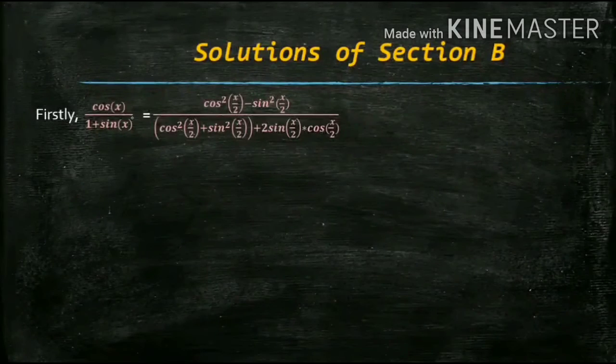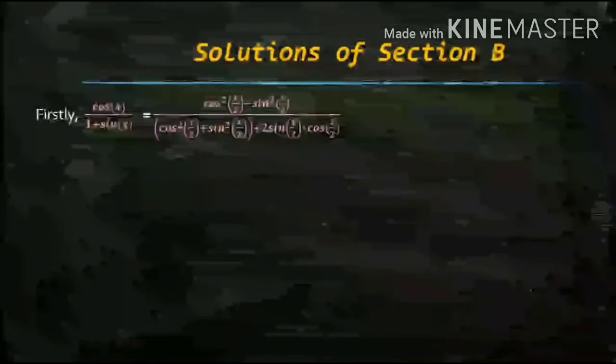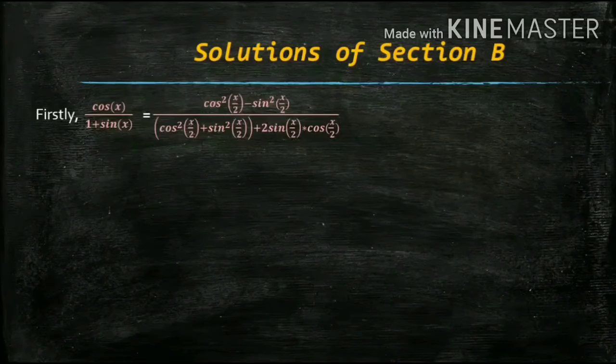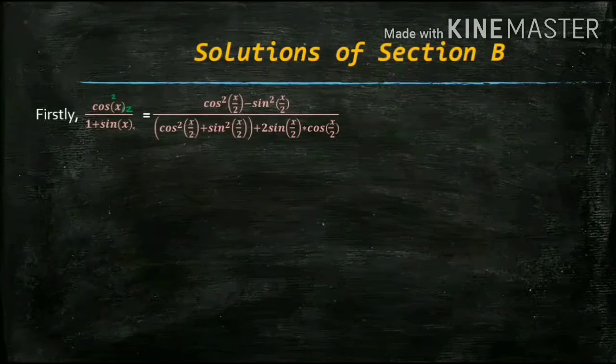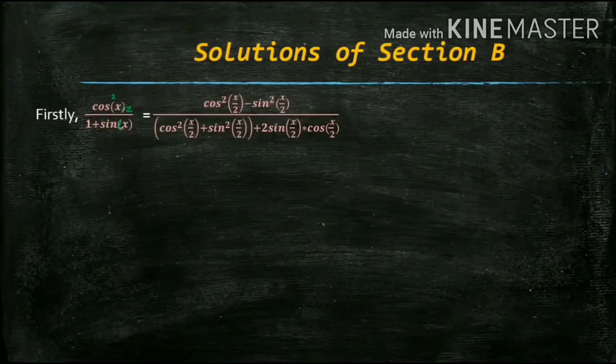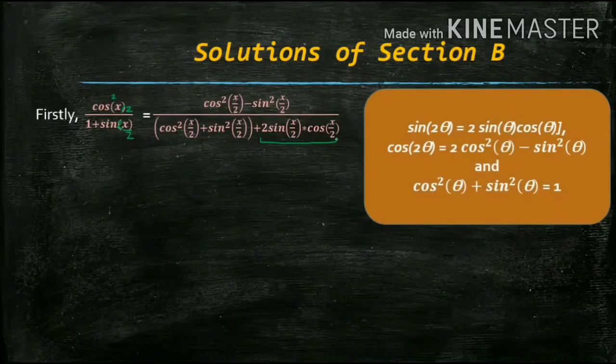So in another method, I'll write this cos x over 1 plus sin x as this. I'll now directly apply the property. So cos 2x, I'll take it as 2 times x by 2, right? So cos 2x is nothing but cos square x by 2 minus sin square x by 2. Similarly over here, 1 can be written as cos square x by 2 plus sin square x by 2. And sin x is nothing but sin 2 times x by 2. So sin 2x formula you can use. So you can directly write it as 2 sin x by 2 into cos x by 2. Using these three simple formulas. Right?